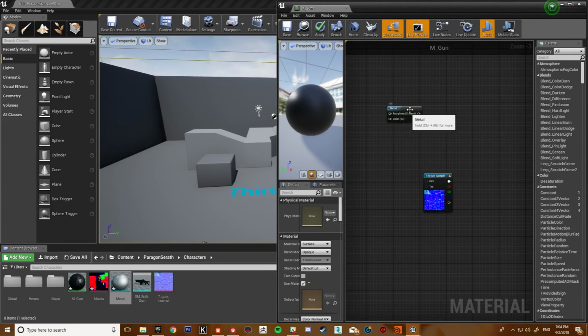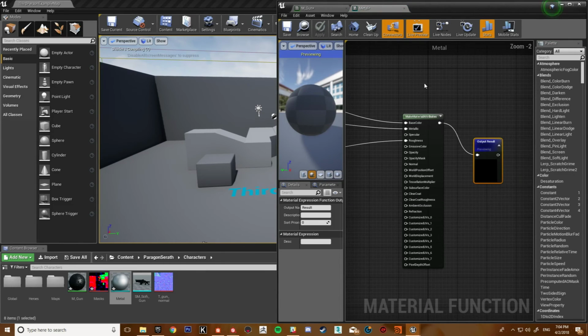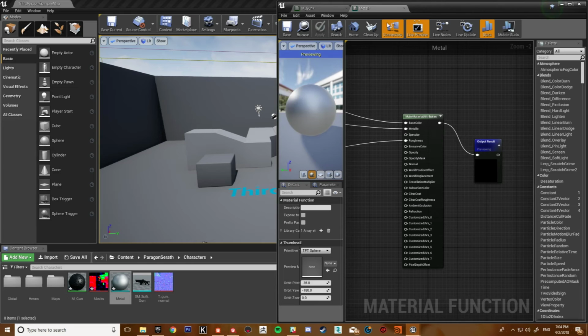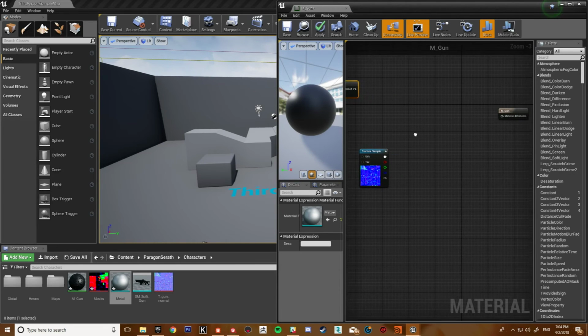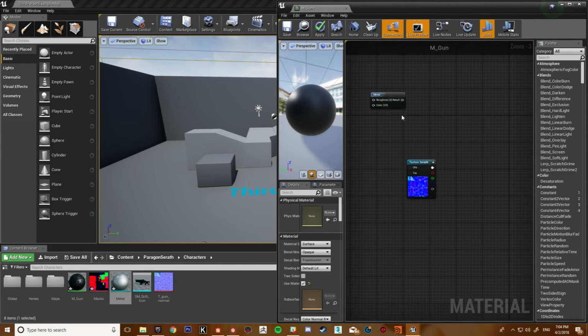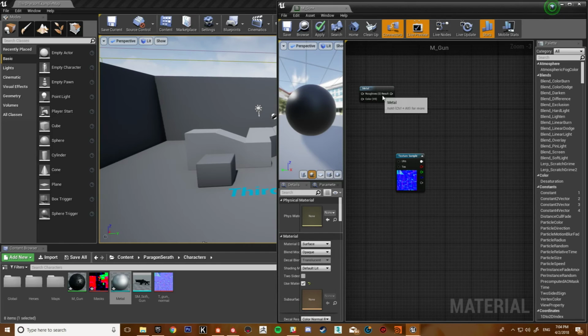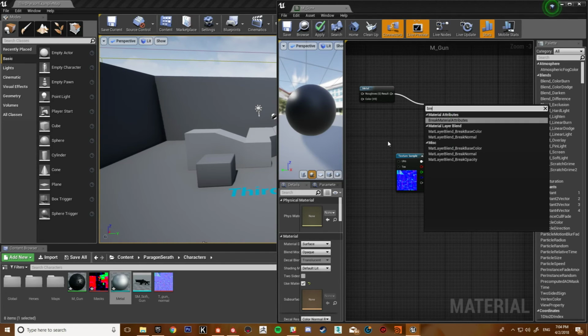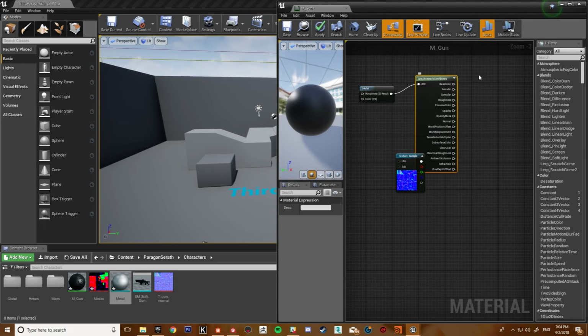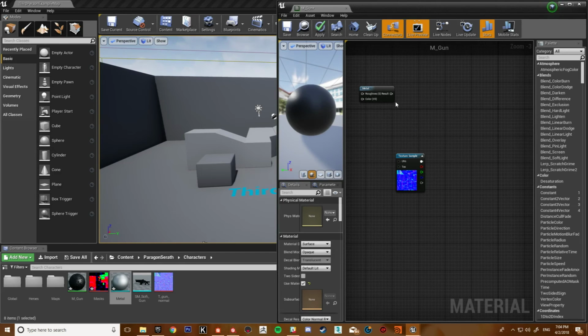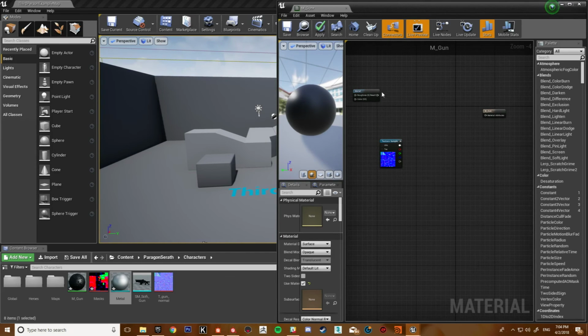So remember that was an output. If we double click on this, the output was a material attribute, and so now we're working with the material as a whole rather than its individual pieces. You can break that, so break material attributes, and then you can get that and change things that you want to do and then bring it back and make it again, but we'll ignore that, and we've got our base metal.